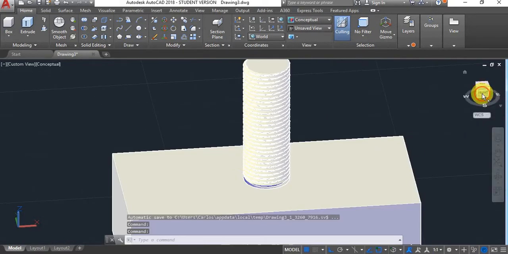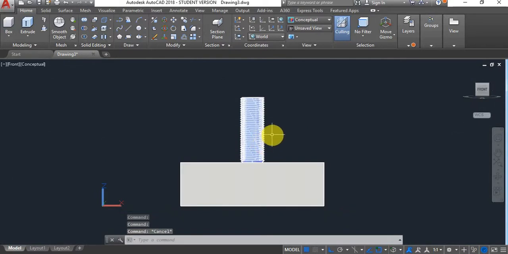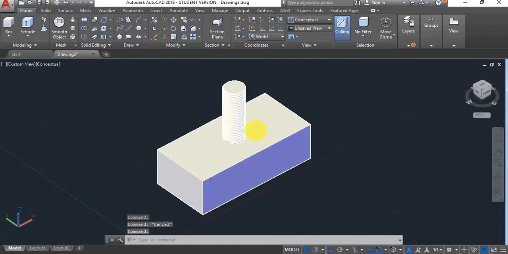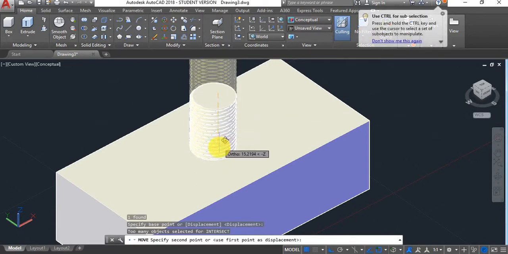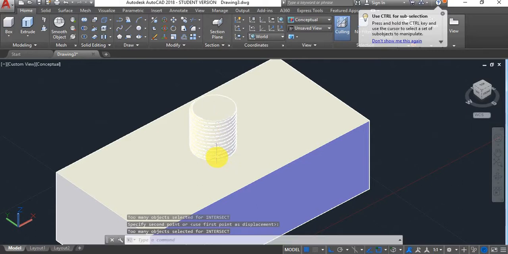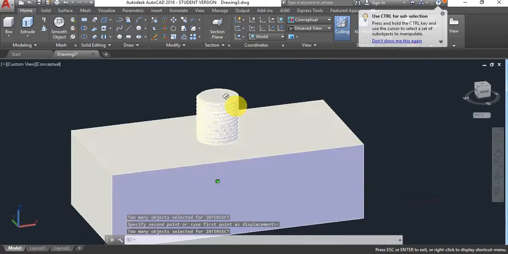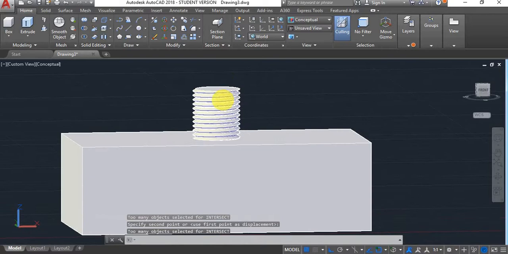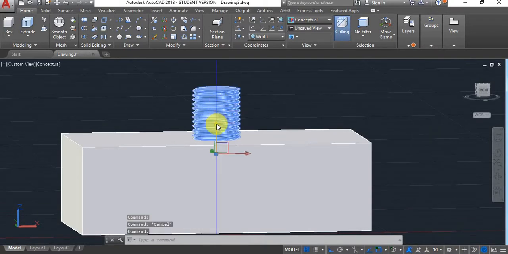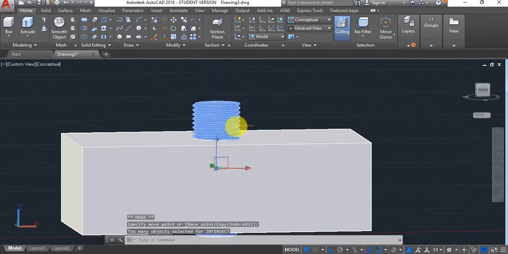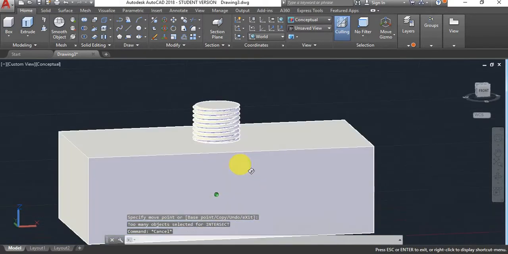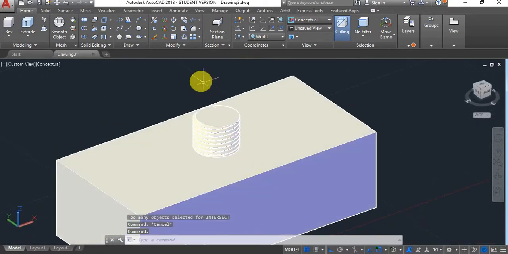Okay, so now that I've got it in the right place, I will move it down. Roughly up to there. Maybe I'll move it down a little bit more so it covers the entire hole. There we go. So now when I use solid subtract,